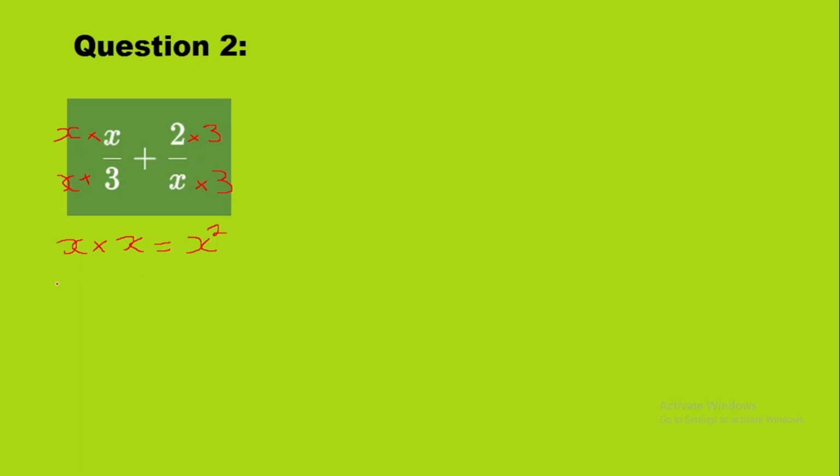What about right here? X times 3. X times 3 is equal to 3x. So when we multiply a letter by a number, we just put the number and the letter together. So x times 3 is equal to 3x. So therefore,